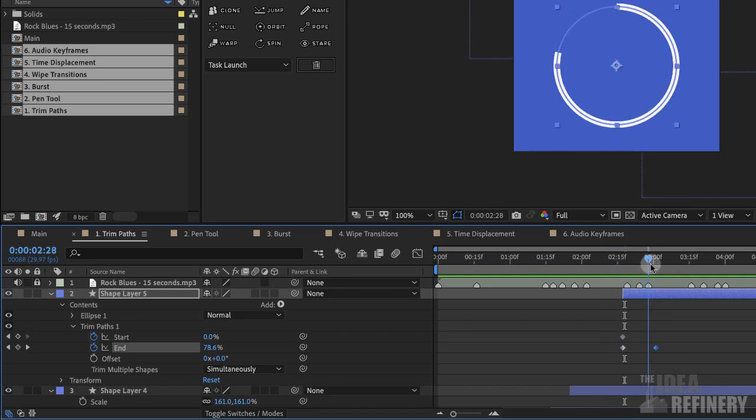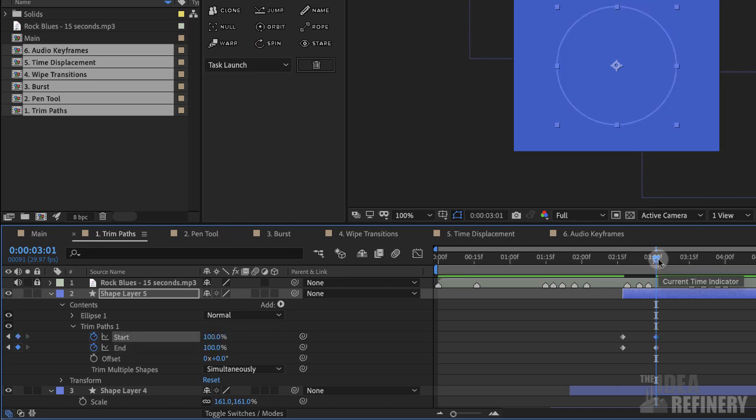But I mentioned that I want to have this shape draw itself on and then draw itself off. So I'm also going to take this start value and drag it up to 100%. If I scrub with the current timeline indicator, though, you'll notice that we have a bit of a problem, because those values are identical, as the line draws itself on, it's drawing itself off right away. But if we offset these keyframes by selecting these start values and dragging those to the right, you can see